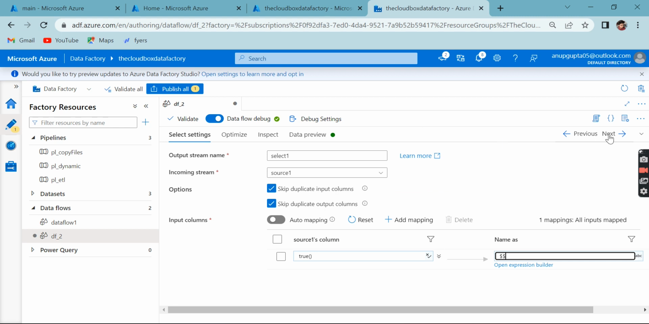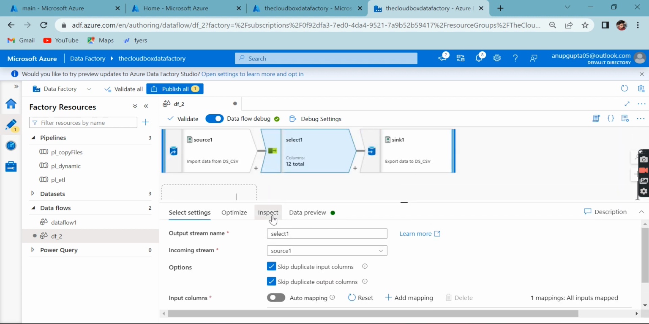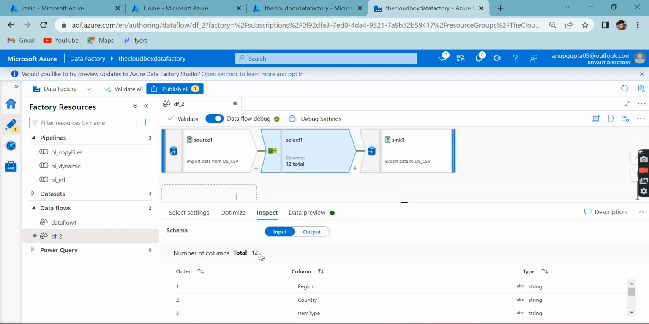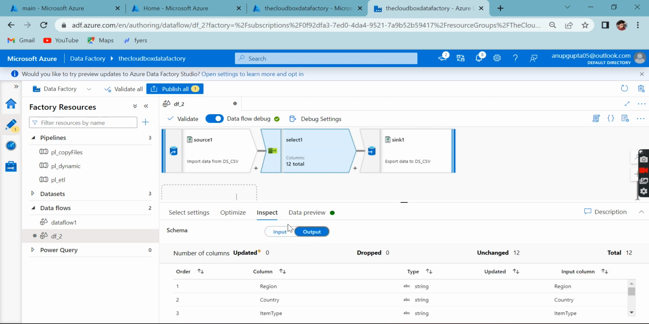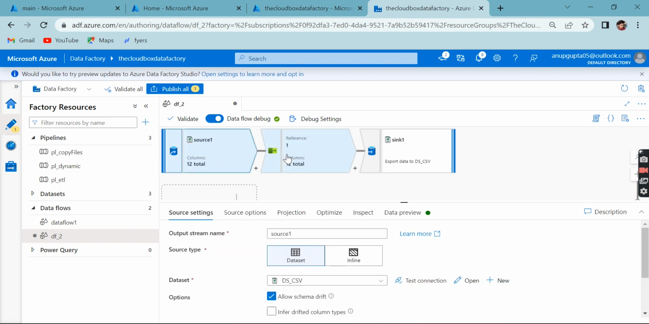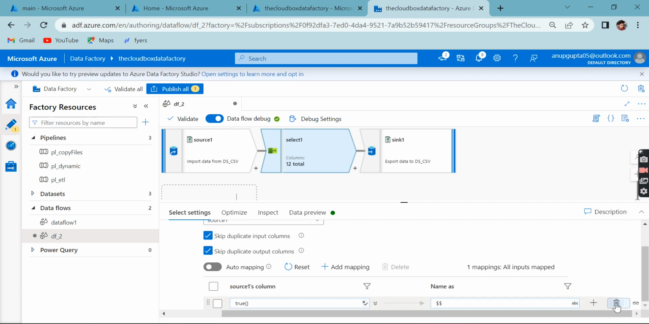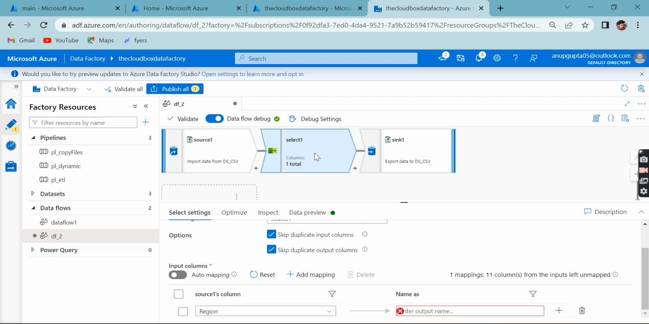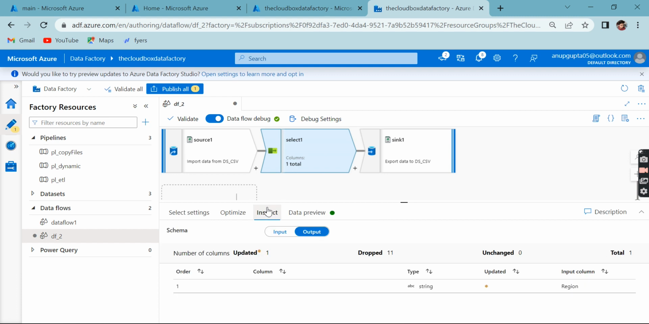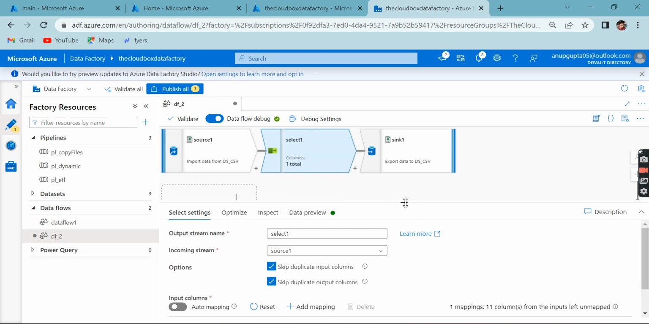Now go and see the inspect. Now in input we have 12, and output we have unchanged 12, right? Earlier output was coming 0. So let me remove it again. Now see, nothing is coming, right? Total 1 is coming, by default it is picking 1 column. So again what we need to do,